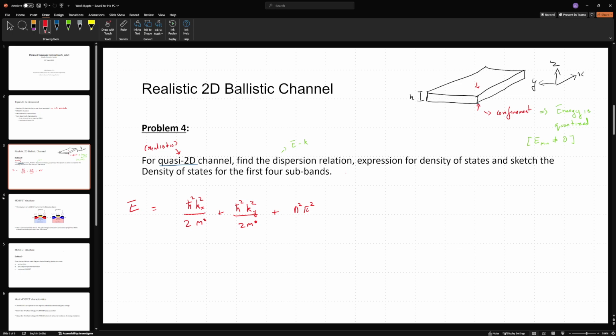Okay, h is a very poor choice of letters because it also matches the Planck constant. So I'm going to call this d, the depth. So n squared pi squared h bar squared divided by 2m star d squared, and this n corresponds to the z direction, so I shall call this nz also. So 2m star d squared. Now over here, the conditions are kx, comma ky are both,